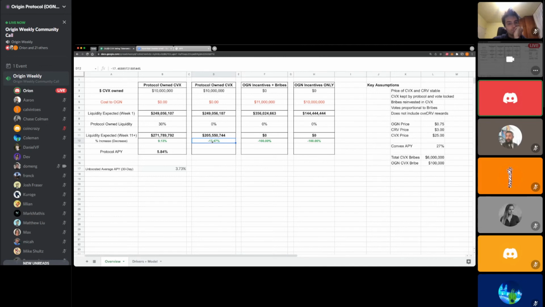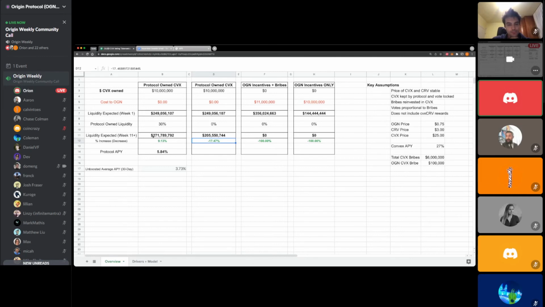So it's important then to look into, well, since we have all this liquidity, what if we start deploying it into our own Convex strategies? It doesn't necessarily have to be your own Convex strategy. It could be another Convex strategy, as long as you're accruing the CVX rewards that you need to maintain your position. But in this case, I looked at what if we're investing in our own pool. There's other advantages, such as maintaining the peg. You're providing the other side of your own stablecoin in that pool, acting as the liquidity provider of last resort. So you can help maintain liquidity even when you do lose some of that voting power. You can still come in and incentivize it.